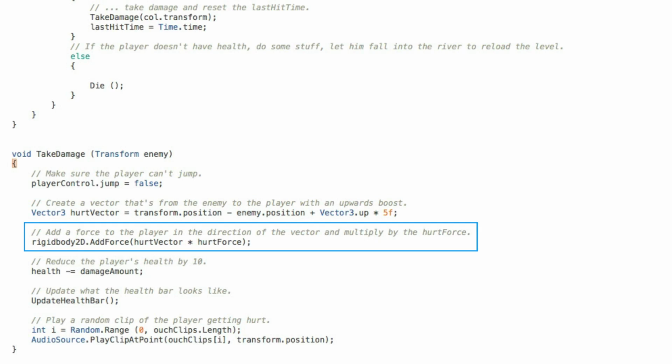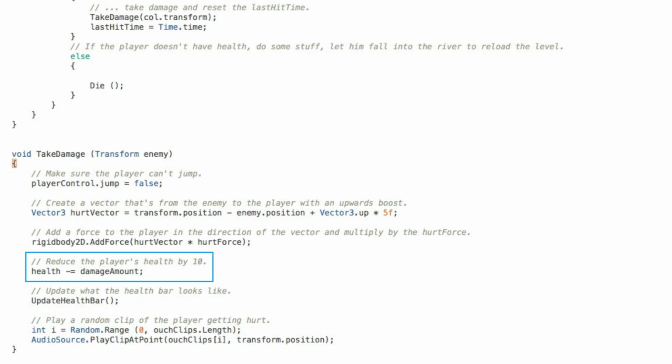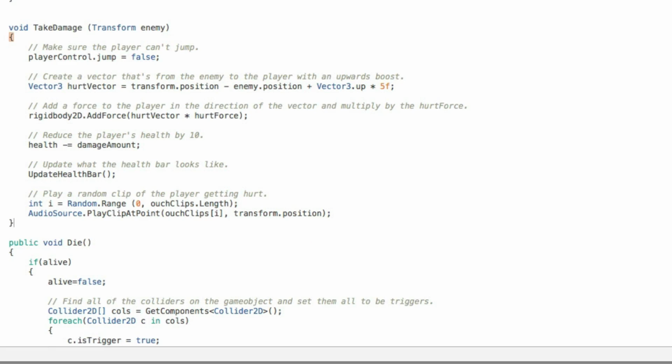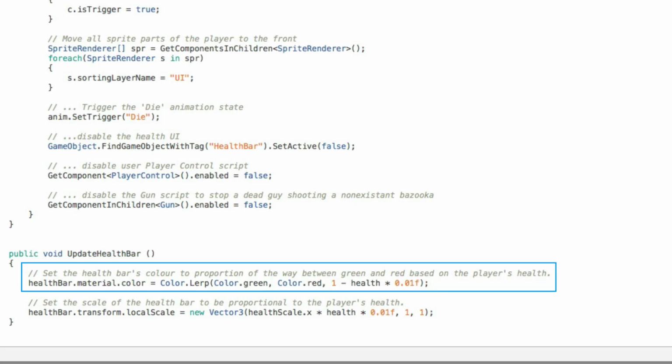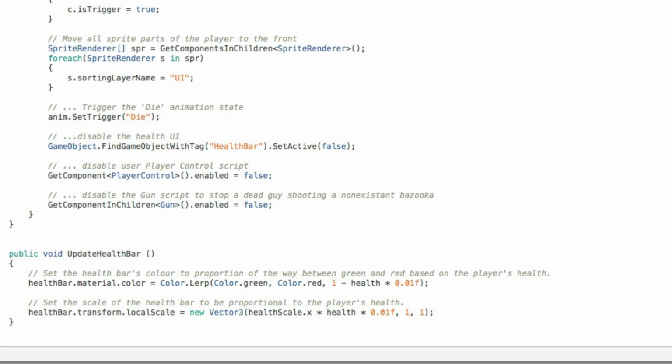The hurt force variable is exposed in the inspector as public, so that it can be tweaked to adjust this element of gameplay without returning to the script. In addition to repelling the player, we of course subtract from the player's health and update the player's health bar. To signify the decrease in health, we subtract from the width of the bar and use a color lerp to transition its color between green and red, both by finding the percentage that the current health is of the full